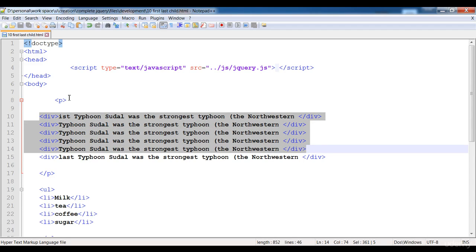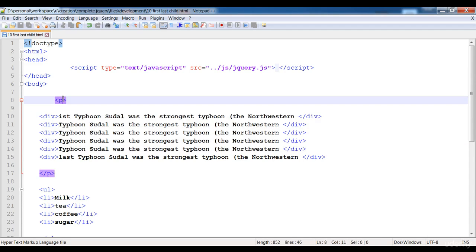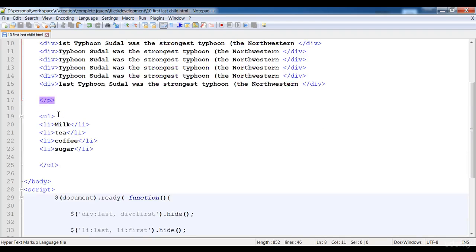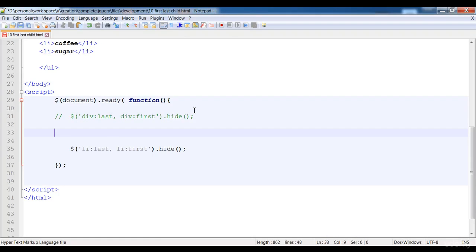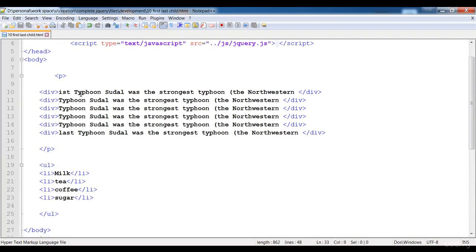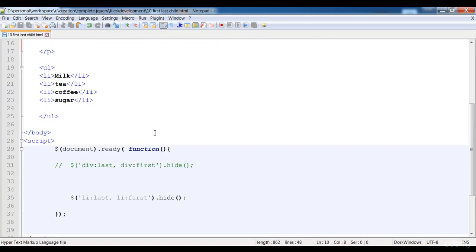I hope you already know this thing. The paragraph element is a parent element now, and the div element is a child element. All of these divs are child elements. So you can do this thing in another way. You can hide these first and last divs that are the children of the paragraph in another way,